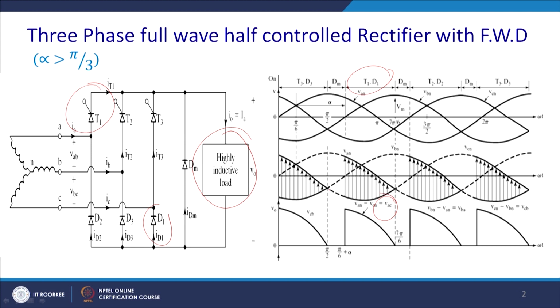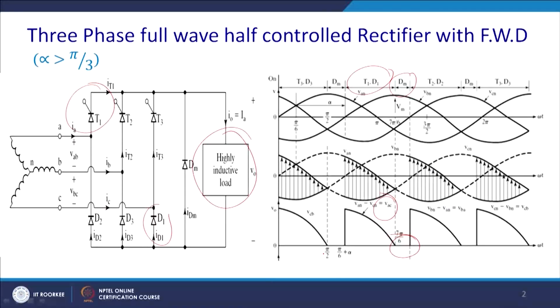Similarly, there will be durations where free wheel will occur and you will not get any voltage. It is better to have a free wheel in the system, otherwise you will have a negative portion, and then due to that you will get a poor power factor. That is not advisable, and for this reason we want the free wheel to be placed. Free wheel improves the power factor, and as for the power quality, we will discuss over the next 2 to 3 classes how it can be further enhanced.